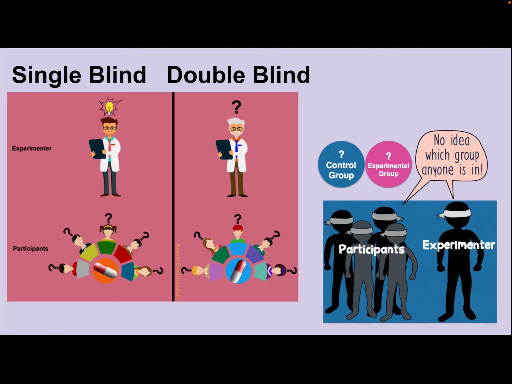Let's talk about the last step of the scientific method, which is publishing or sharing your findings. When you conduct a real scientific experiment, most likely you will be affiliated with a university or a research company. You might want to publish your findings, or you probably will.